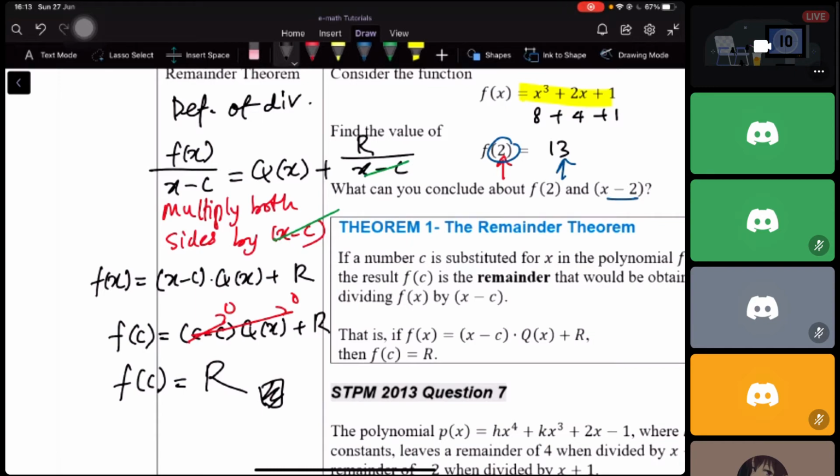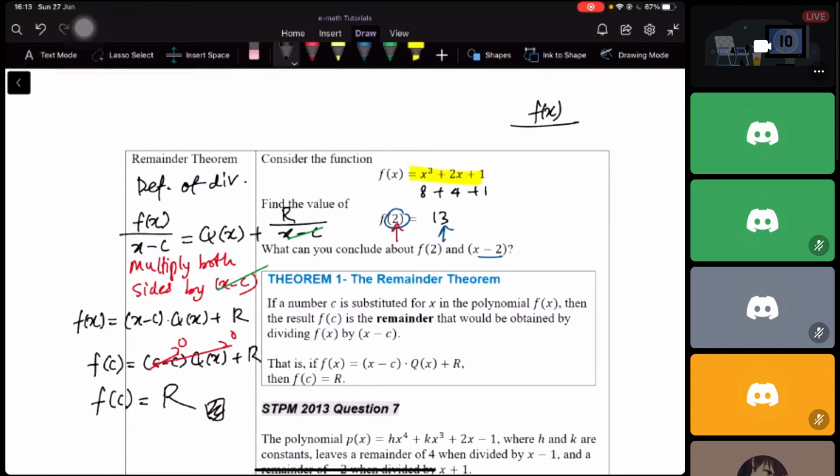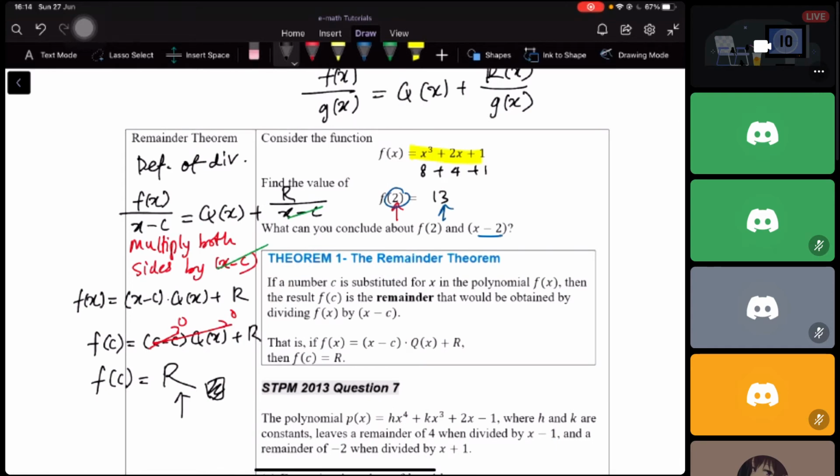Okay? Basically, if you divide f(x) by whatever g(x), I try to further generalize this idea. When you divide f(x) by g(x), you will get a quotient q(x) plus remainder. Sometimes the remainder is a function of x, which means sometimes your remainder is not necessarily only a constant. Sometimes it is also in terms of x over the denominator, right? The remainder of this one